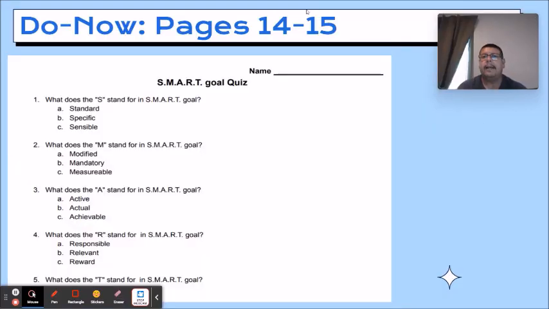So now you're going to do pages 14 and 15 on your packet. That's a SMART goal quiz, so you're going to answer the questions on pages 14 and 15. You're basically going to circle the correct answer, or your best answer. What does SMART stand for? It's basically a review from the previous two lessons. And also, you're going to tell me examples of a long and short term